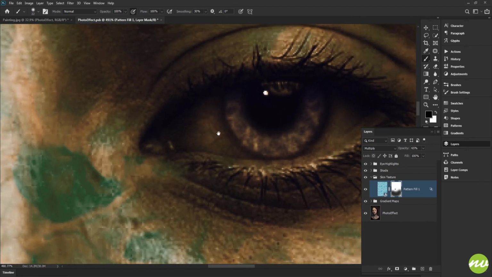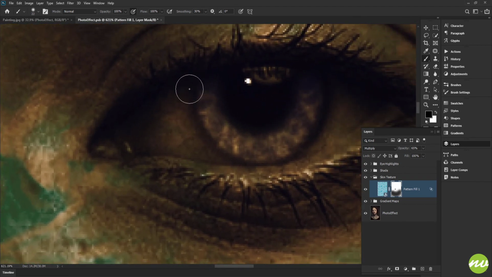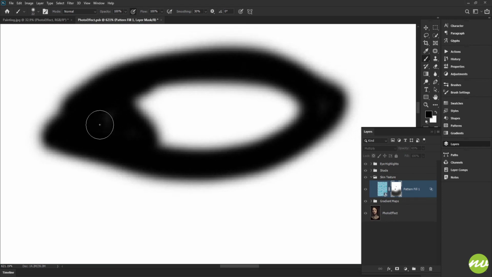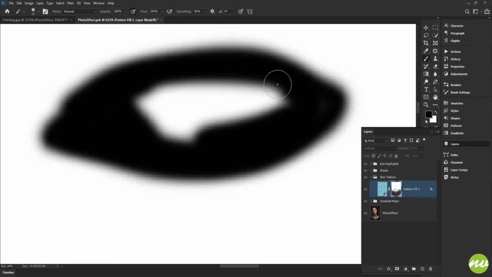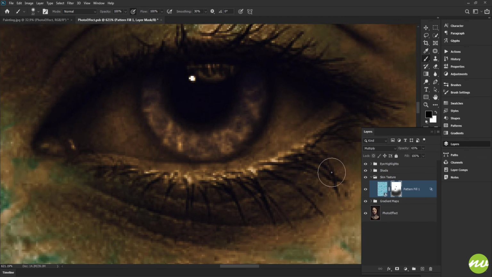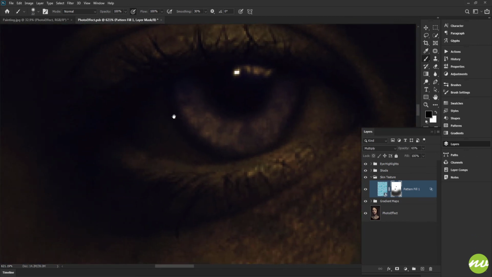I want to do all of this area here as well. I'm going to come in here and start masking all of this. I'm going to basically outline the eye area, just right there. And then I'm going to alt click again on the layer mask and just fill this in like so. Okay. Just like that. And go back to the other eye, do the same thing,